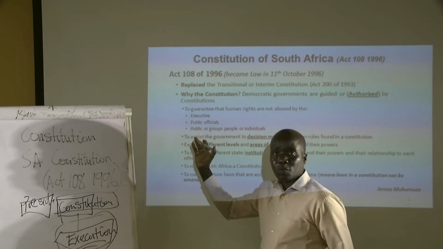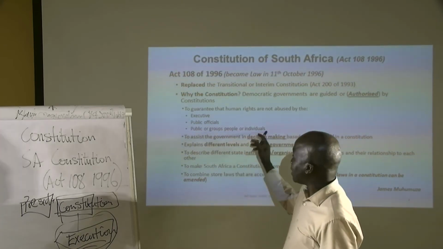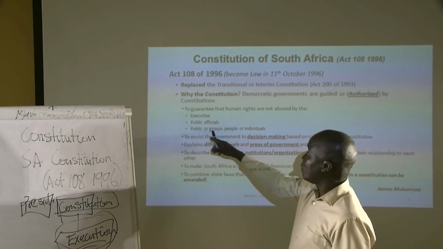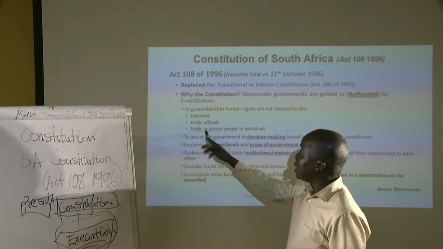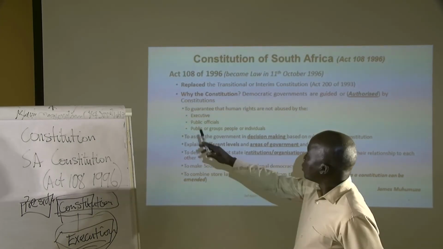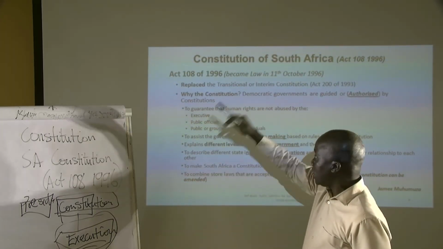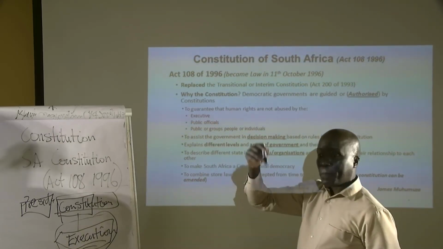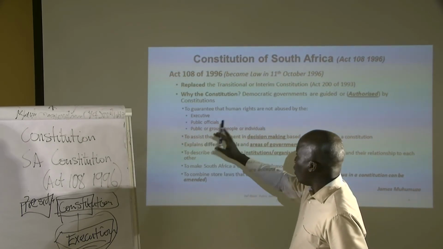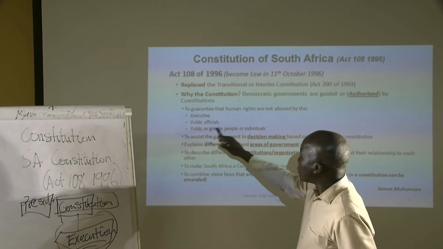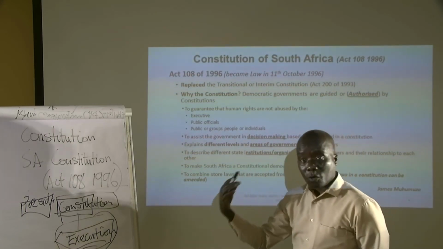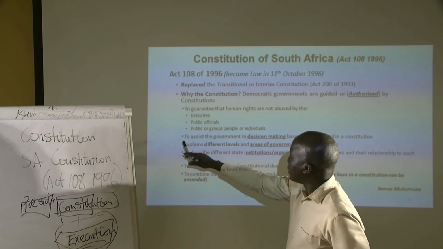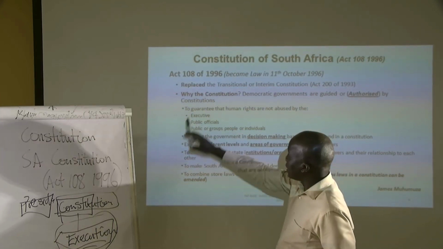Sometimes the public, or groups, do behave so badly. We know of people who are abusing children and women, and you have situations where people are being killed. When you are doing that, the Constitution also comes in and has to control you in specific ways, when the judges and the judiciary come into play. So it's about the executive, the rulers, the public officials in these government offices, the public, you, the person on the street or at home, abusing your family, groups of people when they gather together and commit a crime, and individuals at any given point.